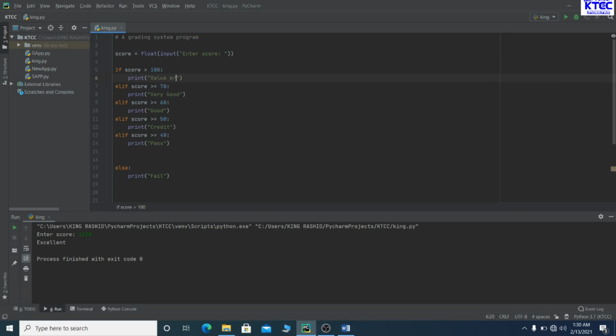Value error. Score should not exceed 100. Let me just think of something else before we see if it will work. Why don't we do it this way? Score is